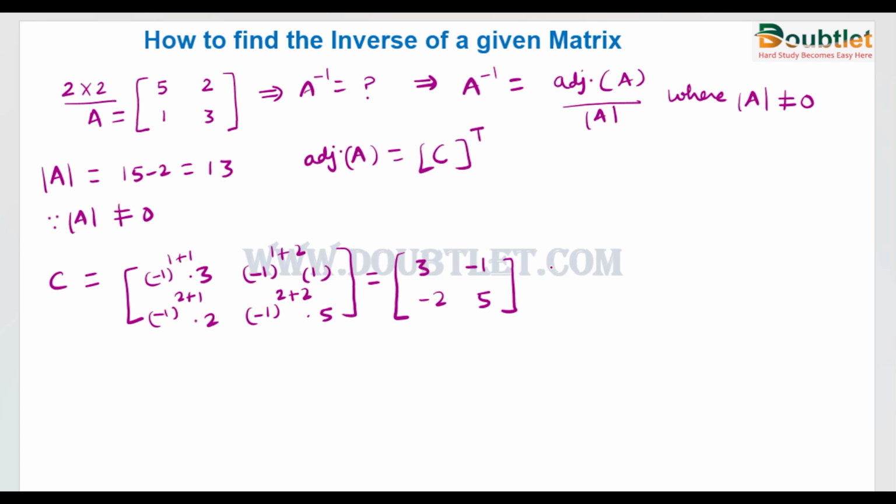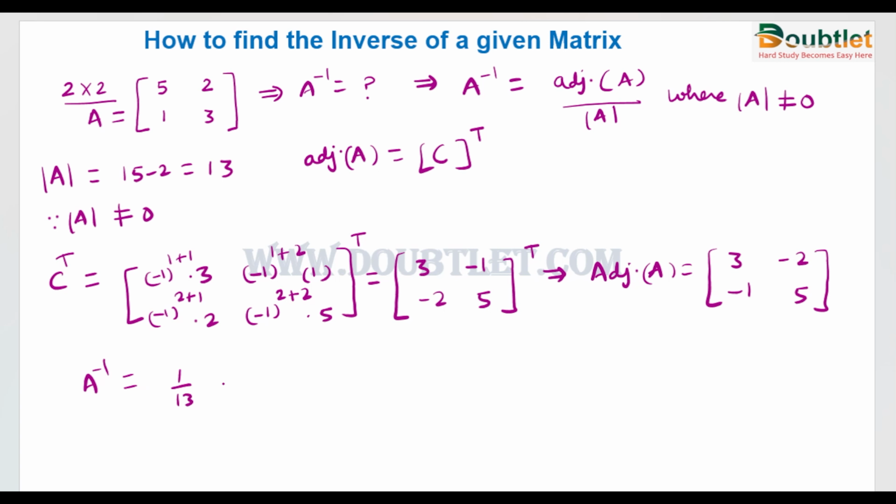And if we take the transpose of this, then we will get the adjoint matrix. So we can write here the adjoint of A. We will transform the rows into columns, so it will become 3, minus 1, this will become minus 2, this will become 5. And if we divide by the determinant, each element, then we will get the inverse. So the inverse is